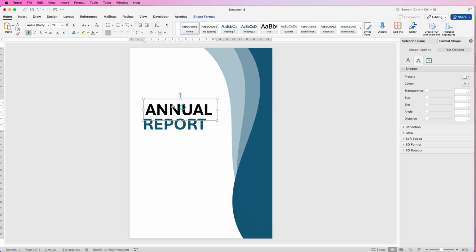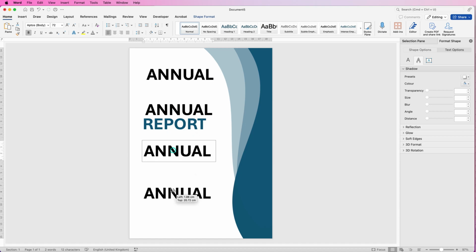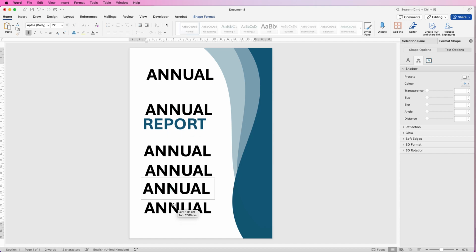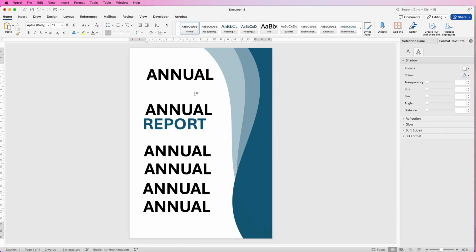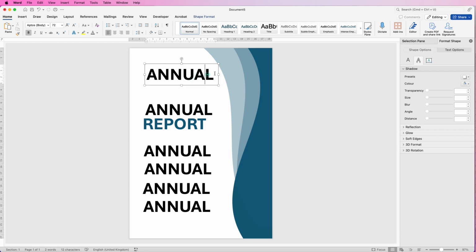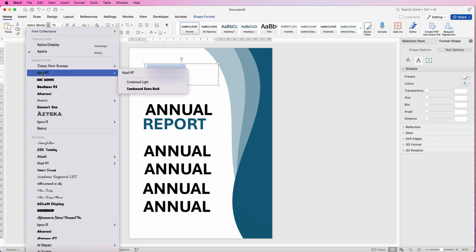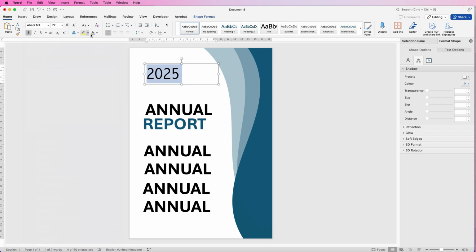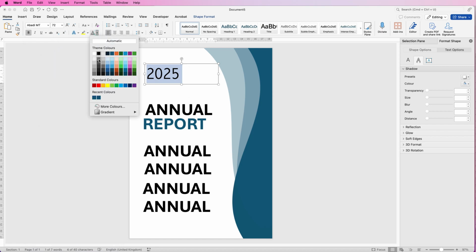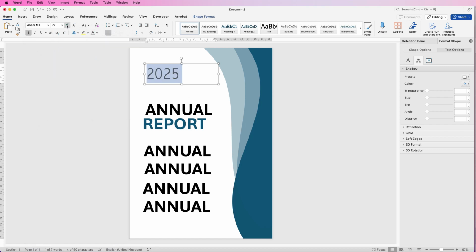So now I'm going to select this box, and I'm just going to copy and paste a number of boxes, and I think there's one more. Right, we'll just leave all them there. I like to copy and paste lots of boxes because it allows me to use them all for the different text. So I'm going to go up to this box, change the text, select the text and customize it in the Home tab. I'm going to change the font to this one. I'm going to change the font color to a dark grey, increase the size of it,